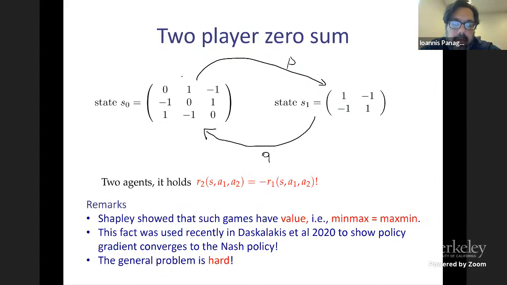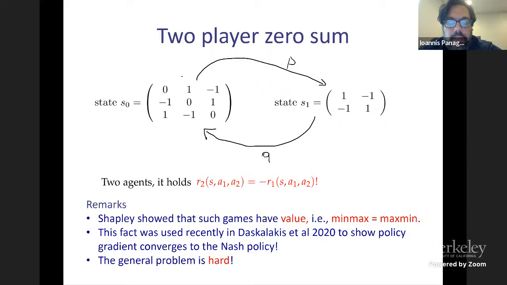Note that this does not carry over from von Neumann because you don't have convexity and concavity on the value functions. So this is a huge challenge when you have RL settings. You don't have a normal form game, so your value function is not linear or convex with respect to your variables for each player. Okay, so this was one of the main ingredients that was used in the Skalakis et al. paper to show that if you run two-time-scale policy gradient, effectively you can recover Nash policy